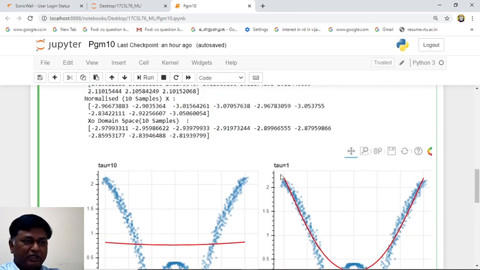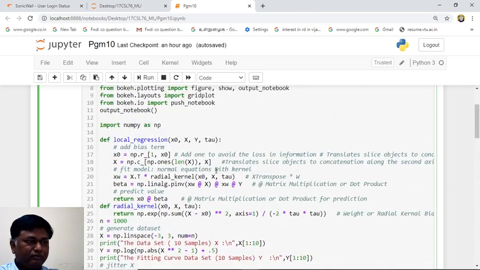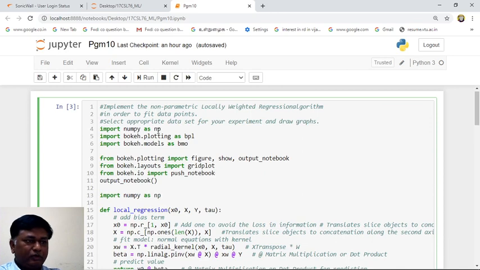Now we will see the algorithm here. So we are importing NumPy. This graph is called a bokeh plot, so you have to import bokeh plot. In the manual, bokeh plot import is not there. Even without that the program will run. Few browsers are not supporting the graph. At that time you just import the bokeh plot.